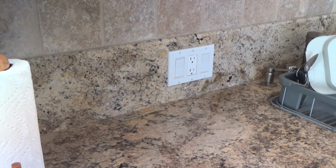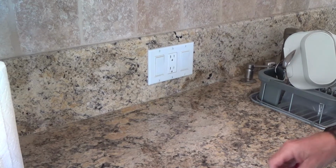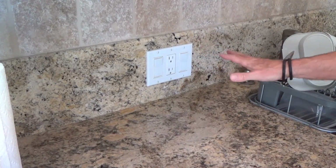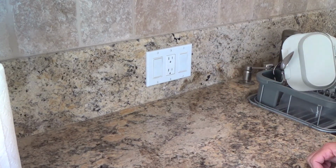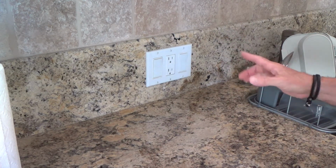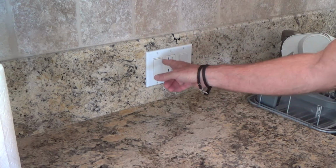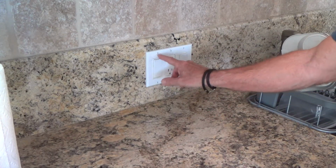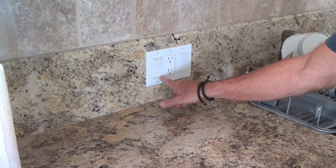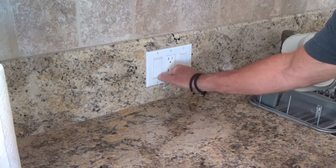So now off to the electrical panel I go. I'm going to talk to you briefly a little bit more about this. Now I found in the main electrical panel it said garbage disposal, and there was only one circuit to it because I found the dishwasher was on a separate circuit. So there was one circuit that's isolated and earmarked only for the garbage disposal. Let's see, I've got it shut off. Sure enough,